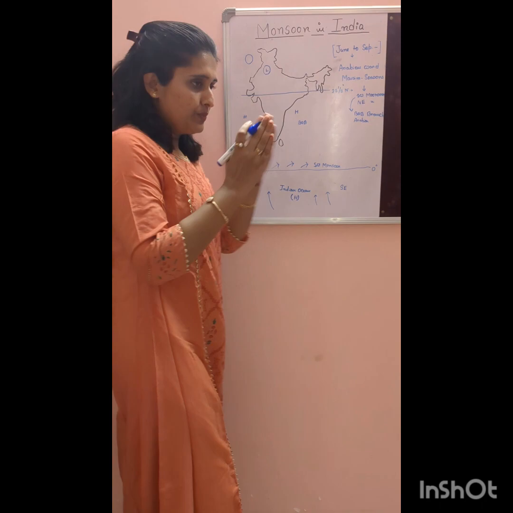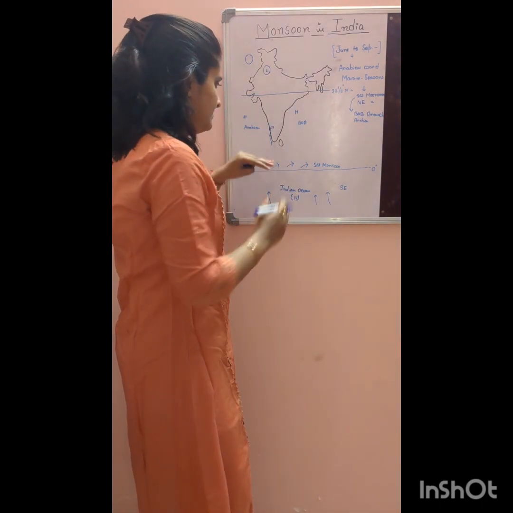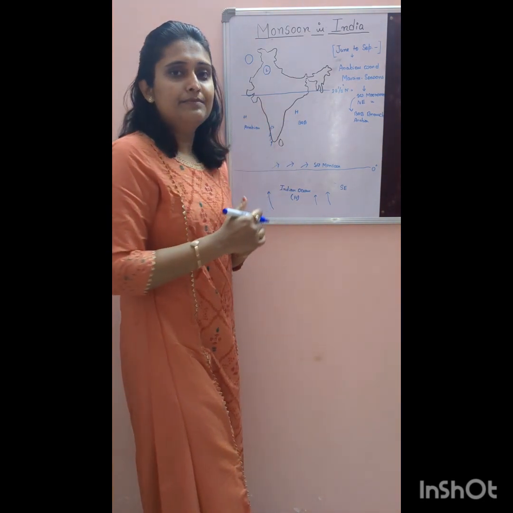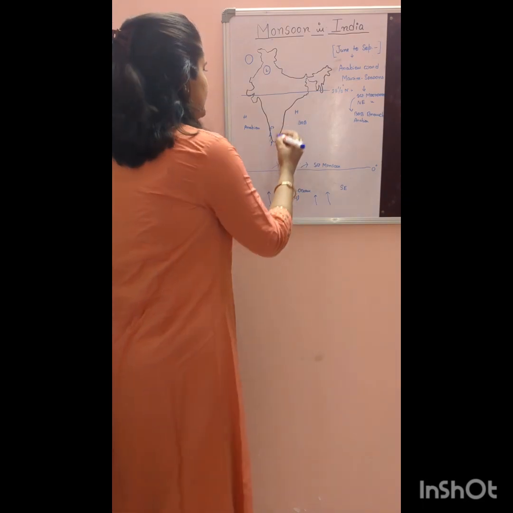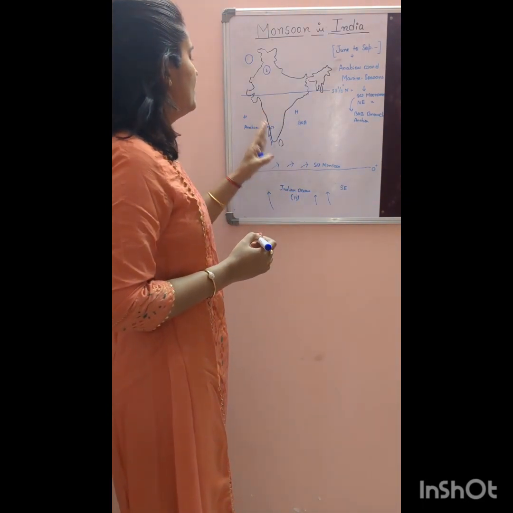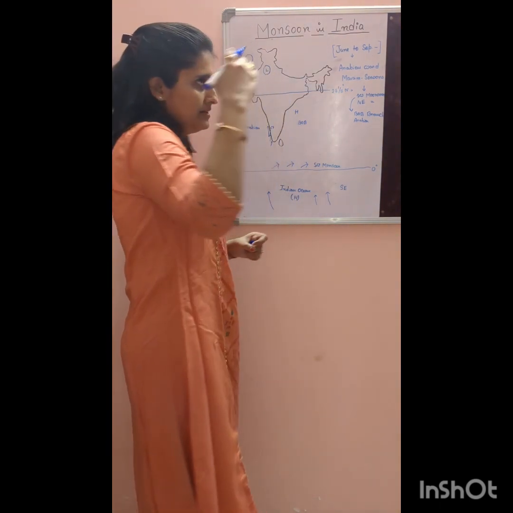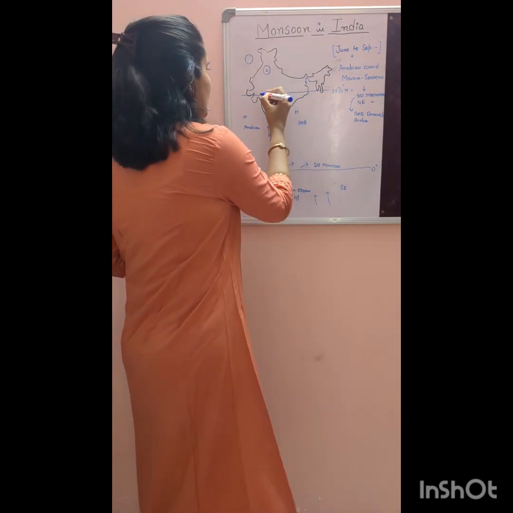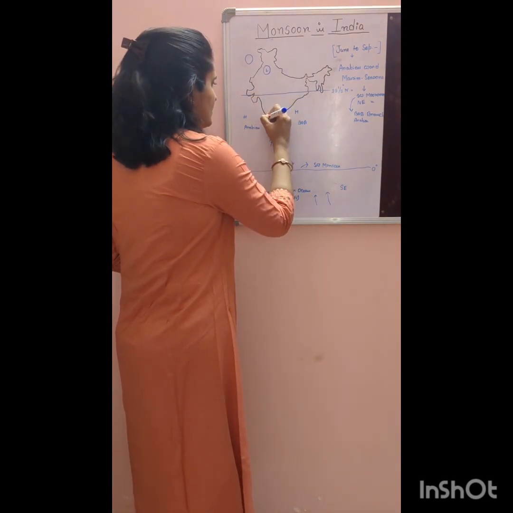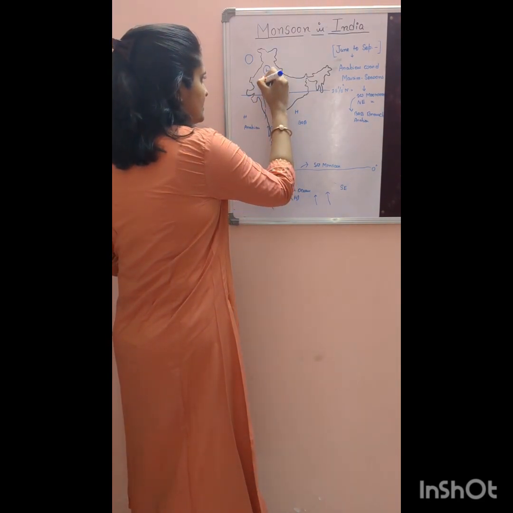So the western Ghat ranges, the western part, is known for the excessive amount of rainfall observed, and the eastern part is a rain-fed area. The second branch directly started to move towards the north and started to bring some rainfall over Rajasthan. And another branch of the Arabian monsoon directly moves towards the north,